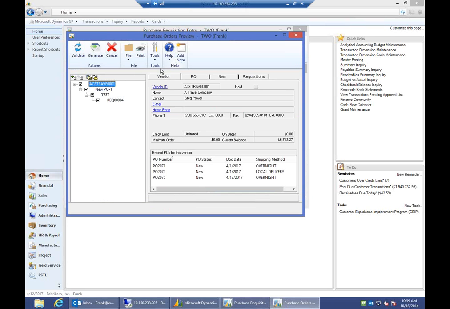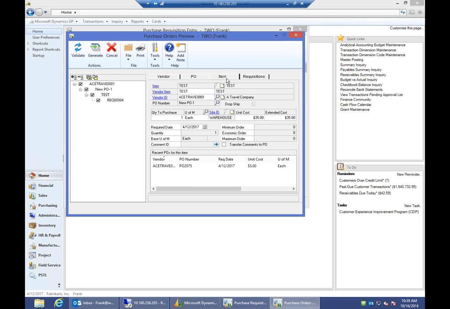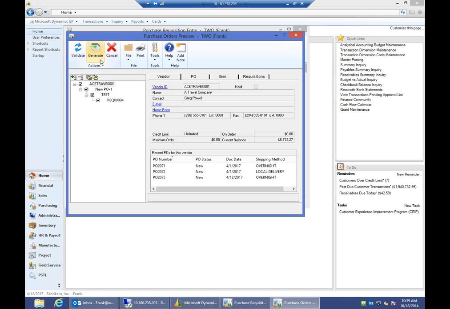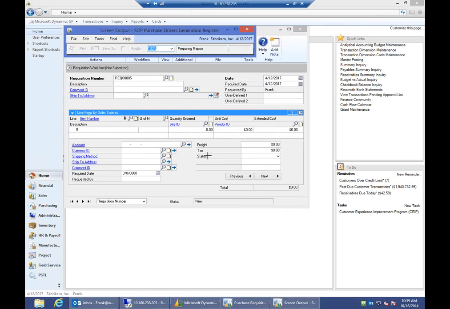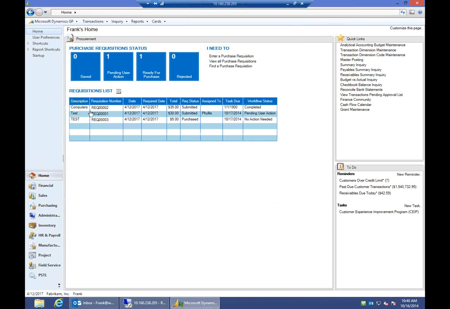So from here, I can generate. I can see some of the details. I can see it's going to go to this vendor. I can take a look at the non-inventory item information, and I can see a high level of the requisition. I'm just going to click generate. So then it's going to open up my report and tells me that my purchase order number is 2076. So then when I go into my purchase order entry,